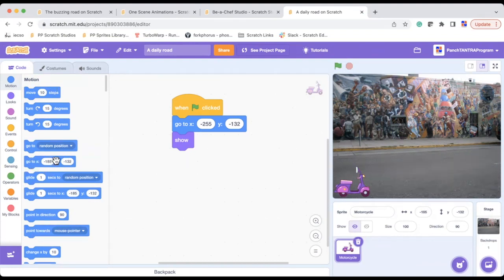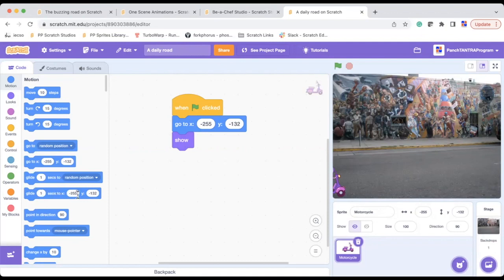We have already used Goto XY, which basically, if I click on this code, you will see it will bring it back here. Why? Because Goto XY position is setting it. And then you will see there are two blocks which are around glide. Now, because the bike and the vehicles are going to be gliding, we'll use the glide coding block on our object right now. Now, what does the glide block look like? This glide block has